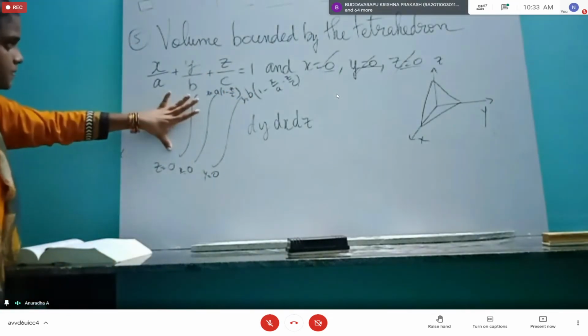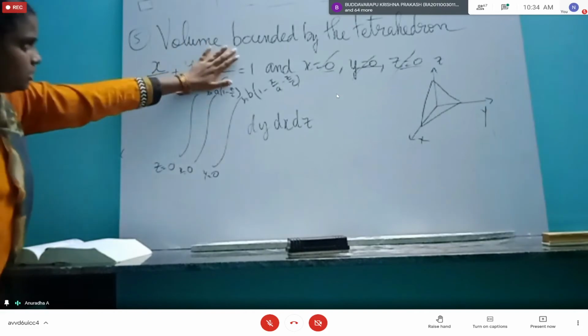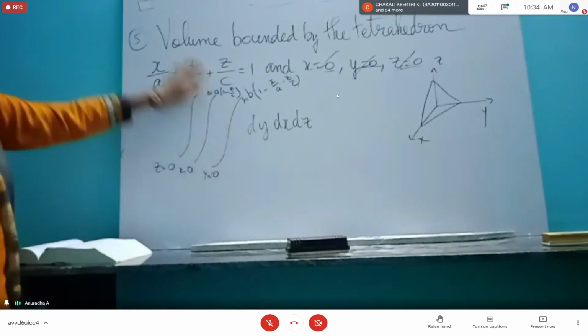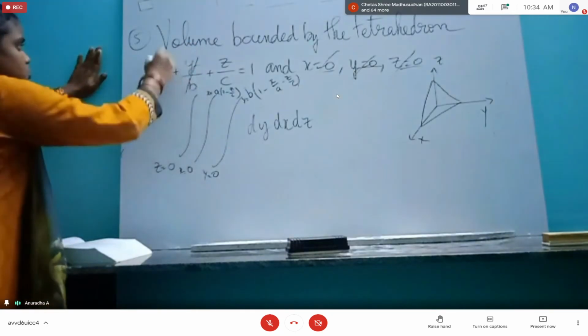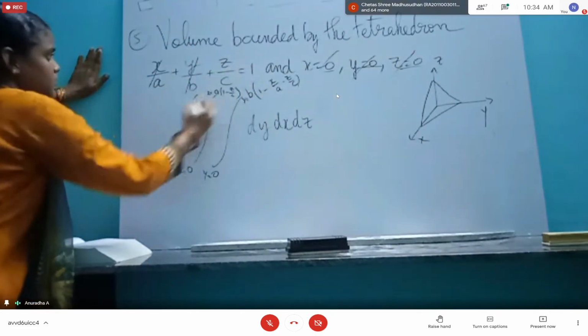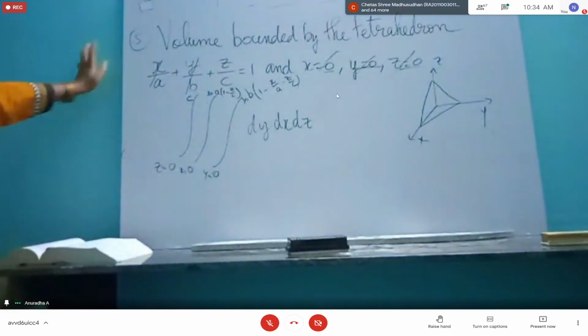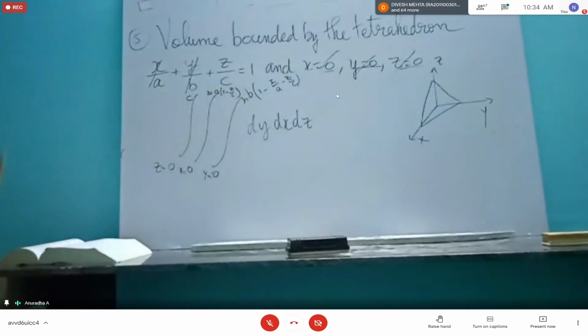Next, the remaining is z. The same equation, we have projected away from the y-axis, and we have also done our work with the x-axis. So these two will vanish, only this will remain. So z goes from 0 to c. Like this, you have to write the limits. No need for a diagram when we have a structure like this. Just integrate this.